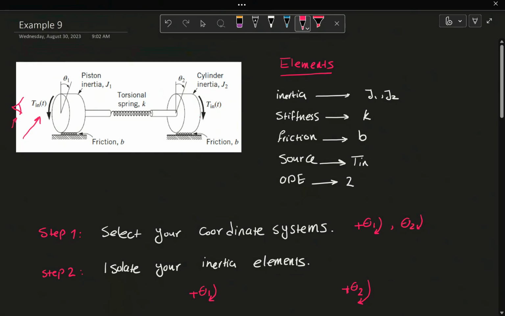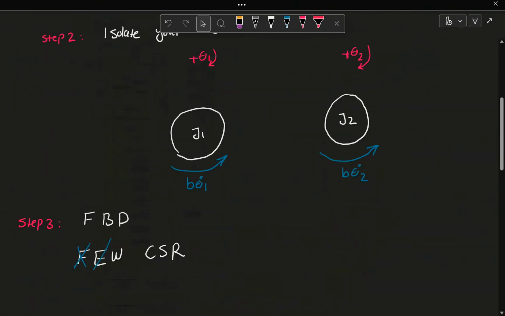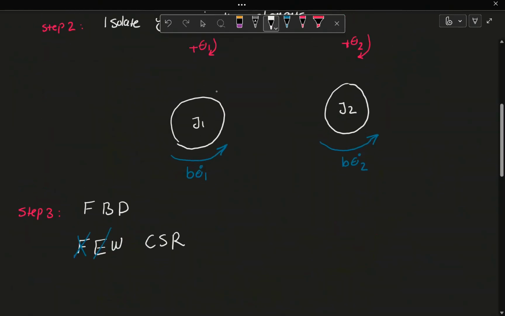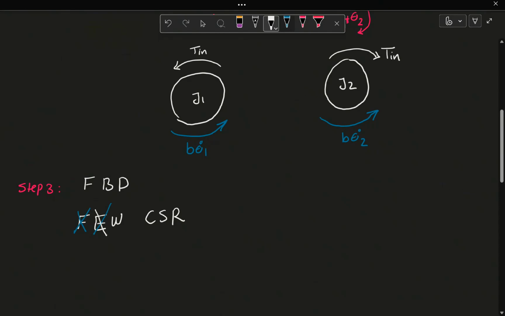However, on the side of the cylinder, Tn is applied in the clockwise direction. It sounds like you're trying to twist the system. Yes? Okay. So on this side, Tn is actually applied in the counterclockwise direction. On the other side, Tn is applied in the clockwise direction. Okay? Now, if you look at this, you see that